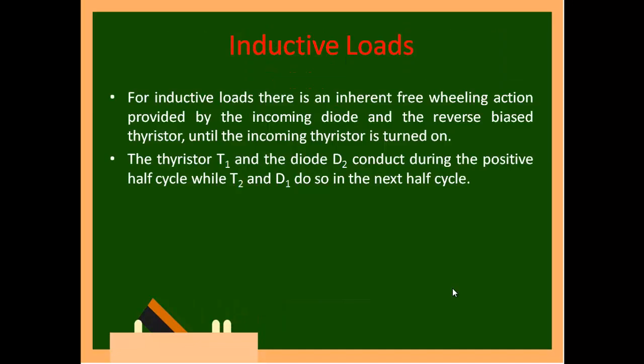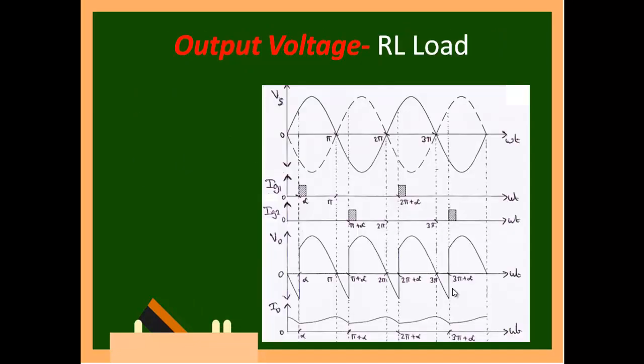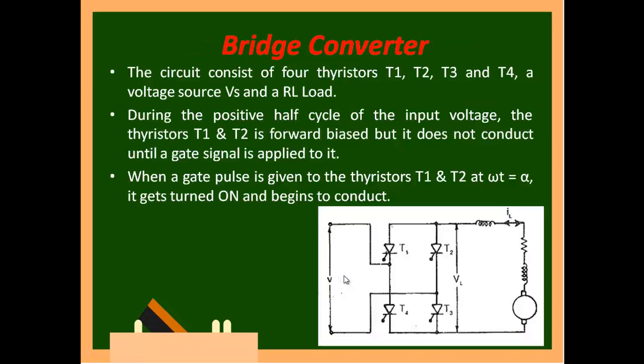Actually, you will always have an inductive load. So if you have an inductive load, then the issue is there. What is the issue? I am not getting pure DC. I am having some AC component also. You can see, if it is pure DC, it should not cross 0. It should go only in one half, and it should not come to this half at all. But due to the inductor, it is coming here. So what can I do? There is an option, which I will tell you later.